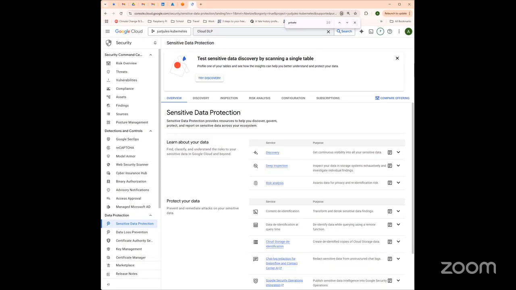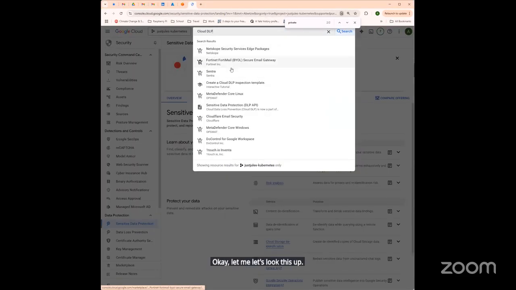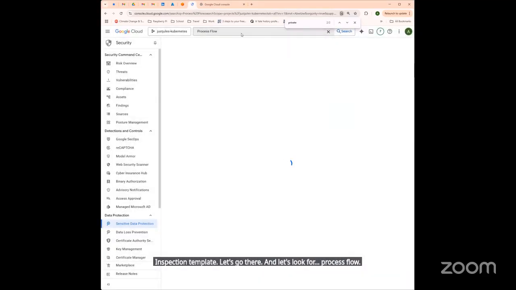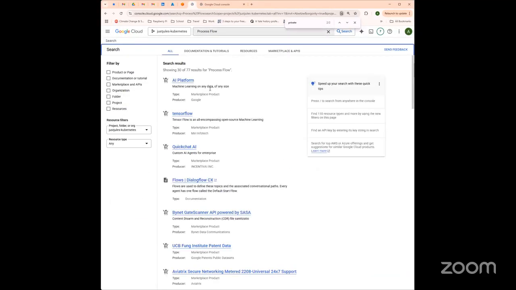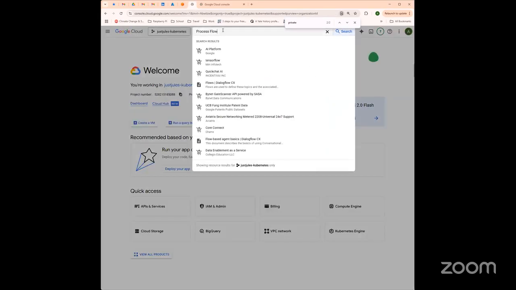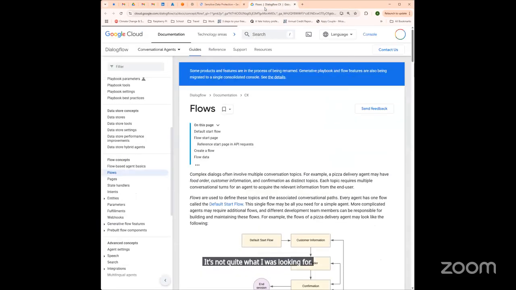Okay, let me get. Okay, let's look this up. Inspection template, let's go there. And let's look for process flow. Not quite what I was looking for. All right, so